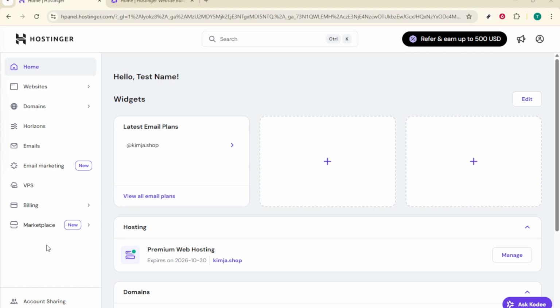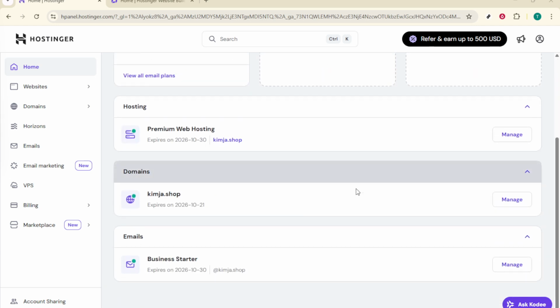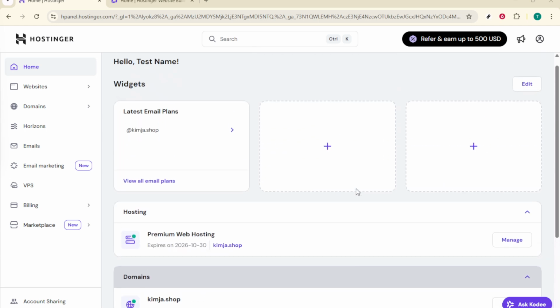First, the journey begins by logging into your Hostinger account. Make sure you have your login credentials handy. Once you're in, you'll find yourself at your personal hPanel dashboard, which is essentially the control hub for all your website management tools. It's designed to provide you with both the functionalities and the insights needed to efficiently run your